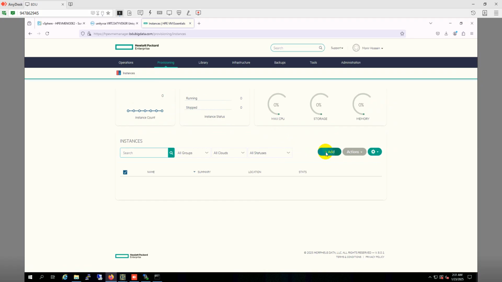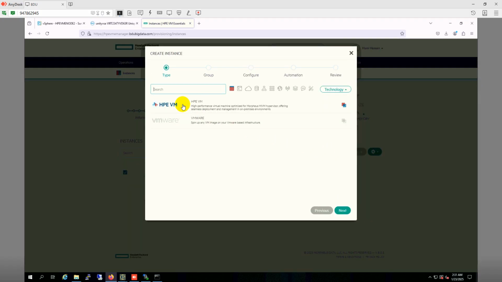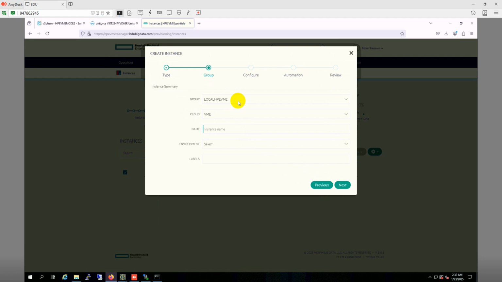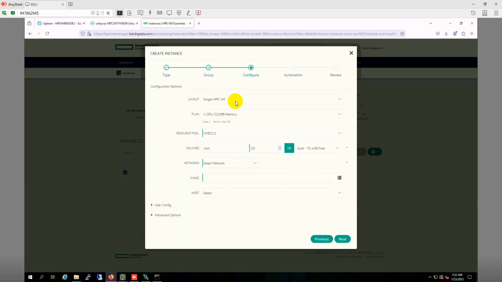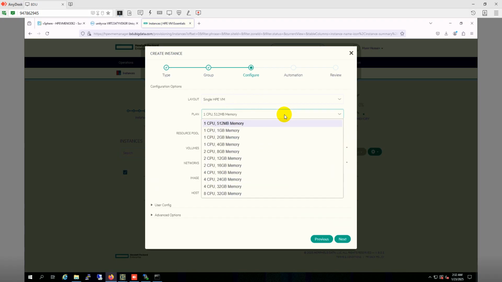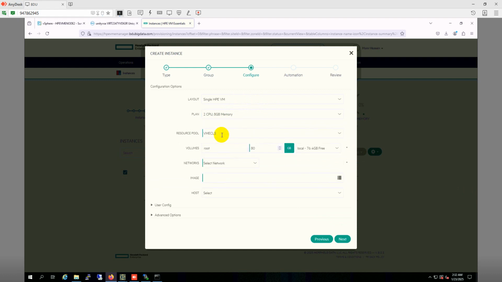Under provisioning, we'll go and select HPE VMware. Then next, the group will be local HPE VMware and the cloud name VMware, and for the instance name I will name it test VM. Then for the environment, I'll select test. I'll not use any label. It will be a single VM, and I will choose 2 CPU and 8 GB memory,